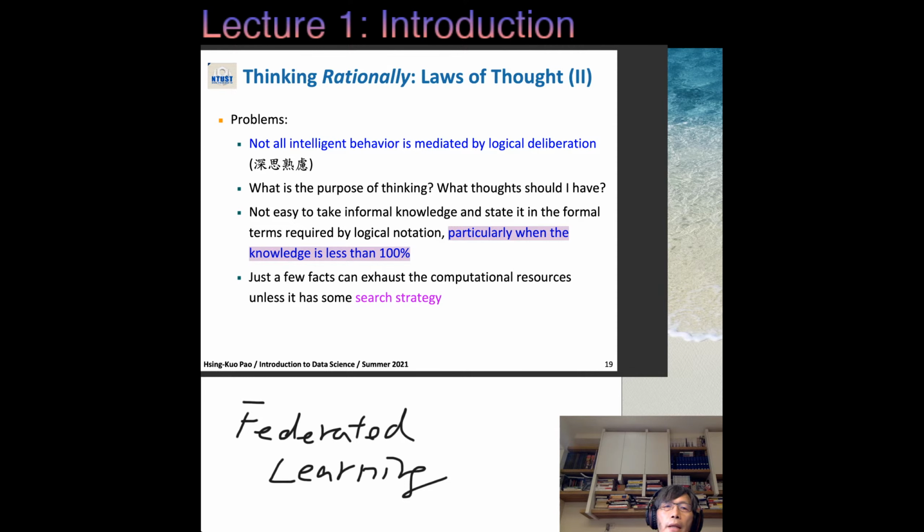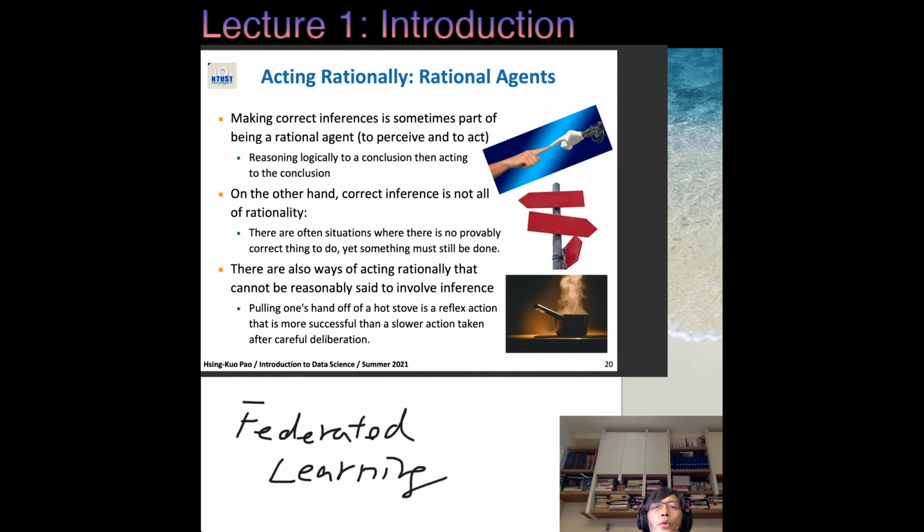Okay, and acting rationally. The difference between acting and thinking is that sometimes in an emergency situation, like when you touch something hot, your hand will come back. You don't need to think for this kind of behavior.